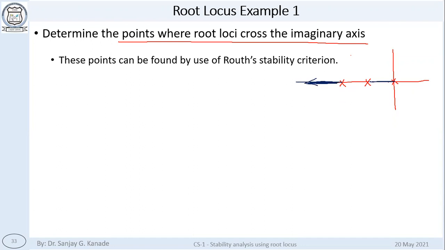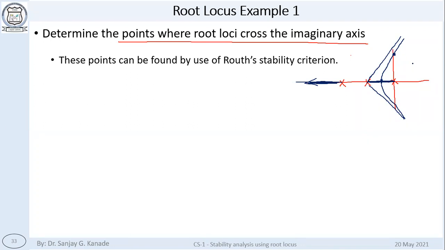But the other two branches, which started from these two poles, we just found out that they are breaking from this point, and the asymptotes are like this, right? It means the branch will break into the complex plane from somewhere here, and it will go along the asymptotes like this. So obviously you can see the shape now. The branches are going to cross the real axis at some point.